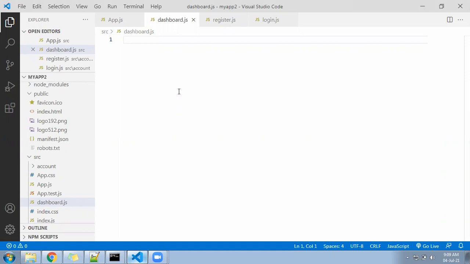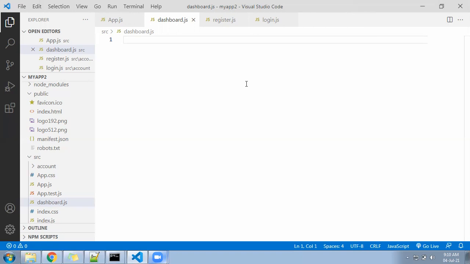Let's come back. Now come to the dashboard.js file. This dashboard.js file is going to be based on multi-level routing. Once you come under the dashboard, your URL will be dashboard/profile/product/something/something/something.